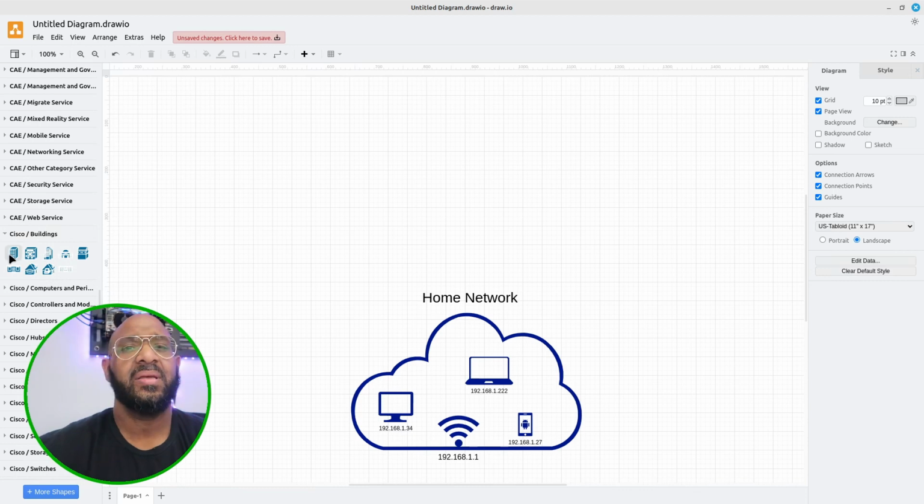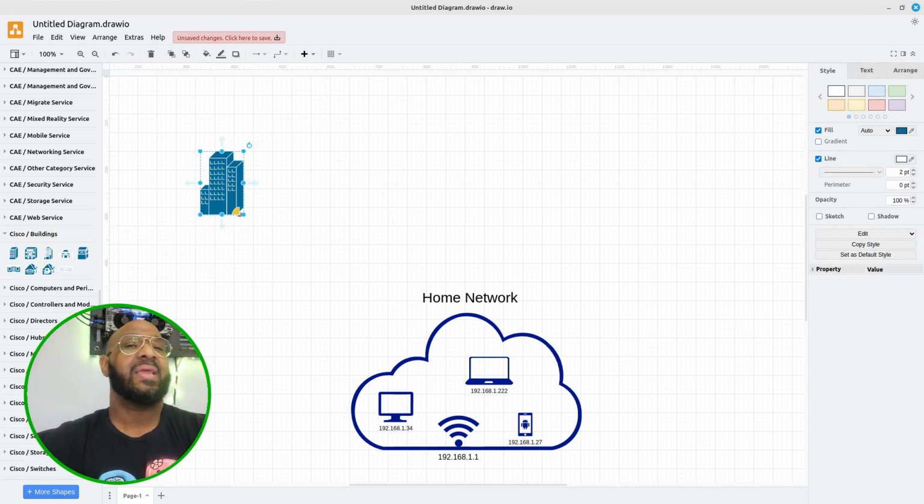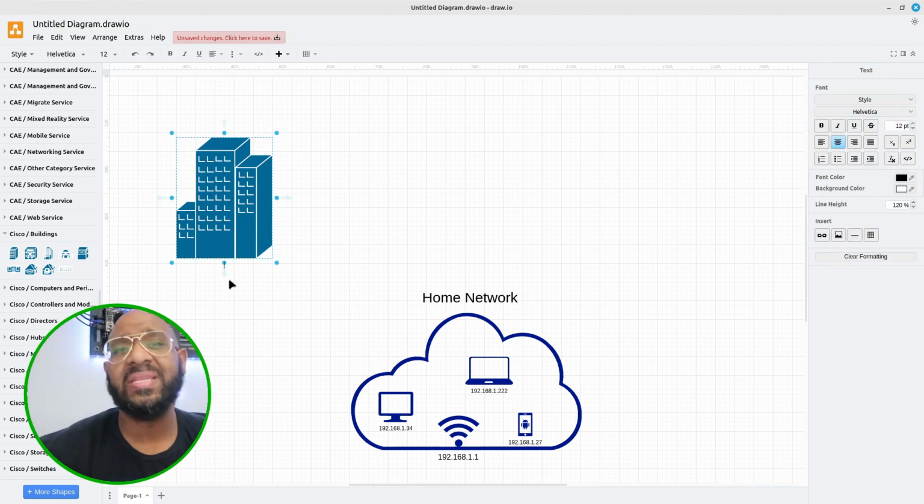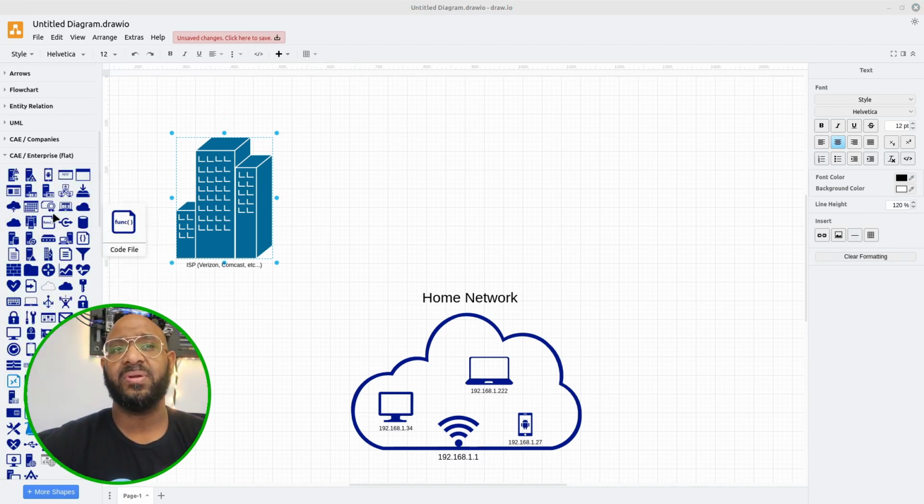Now, why do I put this in here? Well, the reason why is because when you go out to the internet, to a website such as google.com, yahoo.com, nike.com, fanduel.com, I don't care what it is, you're never going directly to that website. In fact, every bit of your traffic has to hit the World Wide Web. Yeah, I'm kind of dating myself there, but the internet has to be given an ID. It's very similar to these IP addresses on the devices we see in our cloud, which is 192.168.1, blah, blah, blah. We're given a public IP by the ISP, Internet Service Provider, as I stated before, Verizon,